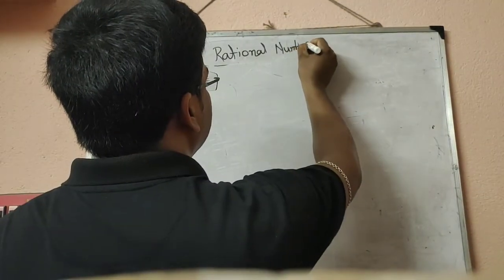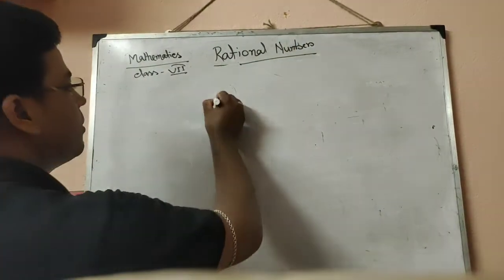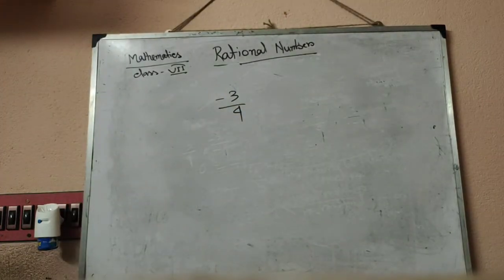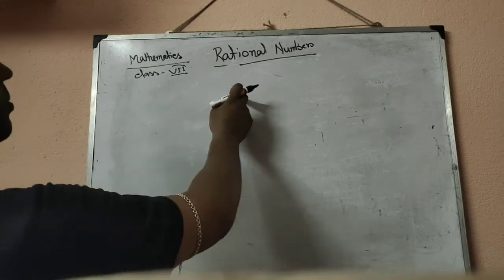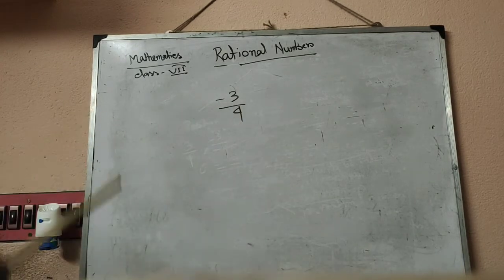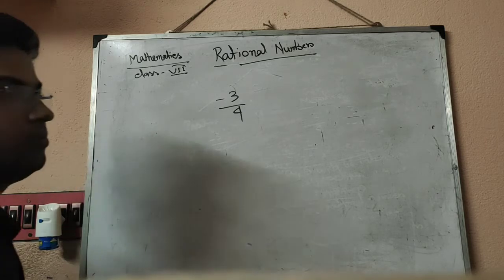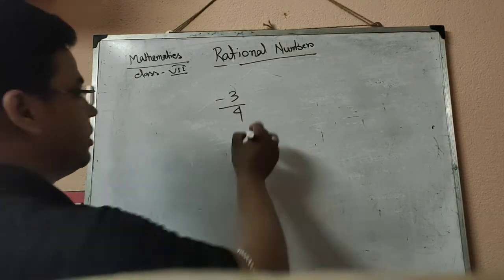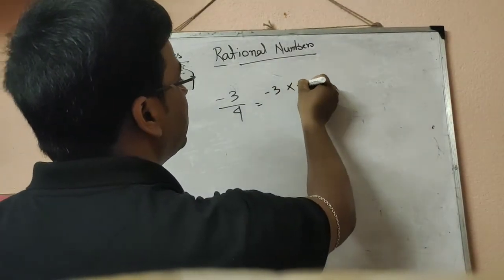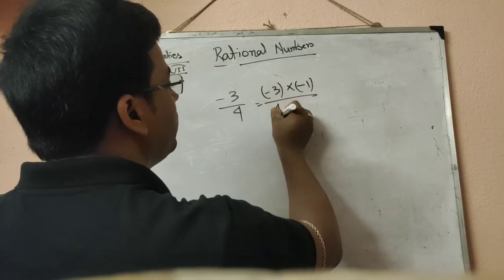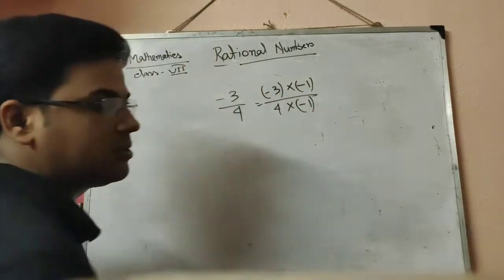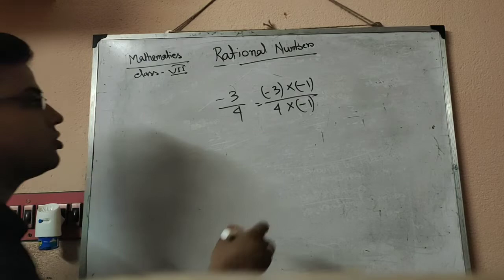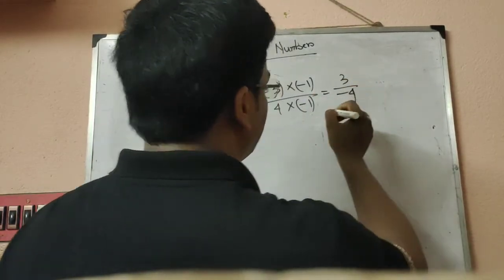Now my topic is, suppose minus 3 by 4. Let the question be, our task is to make the sign of the numerator positive. When the sign of the numerator will be positive, that means minus 3 into minus 1 and 4 into minus 1. The same sign will be written. Clear? So it will be 3 by minus 4. Before this,